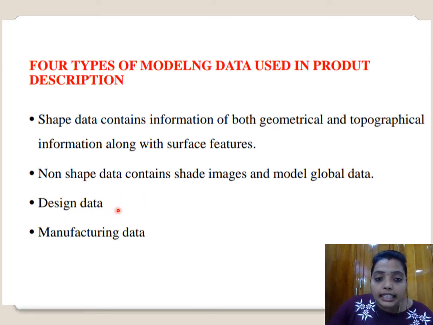After that, design data: how we want to design the object comes under this modeling. After that, manufacturing data. Manufacturing data means how we want to program CNC machines and how we load the software into that machine. Which part will be manufactured on which machine comes under manufacturing data. These are the main four types of modeling data, and they give the whole product description, meaning the whole product manufacturing data is observed in this.